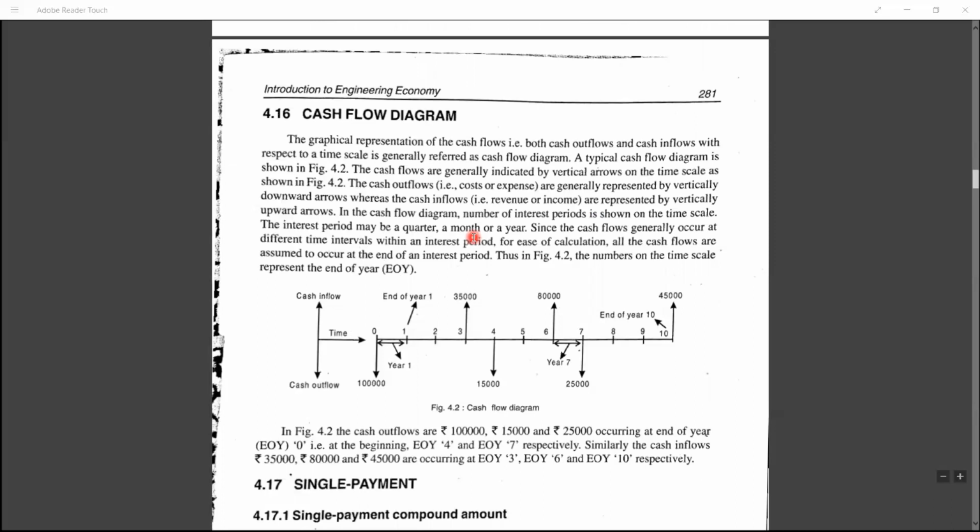This cash flow diagram is a graphical representation with respect to the cash outflow and cash inflow. See, whatever these vertical arrows on the time scale are, these are nothing but inflows. These are nothing but the revenues which are being generated at the particular year. For 1 year, what is the amount when you have deposited for 1 year? At the end of the year, what amount of interest are you getting? So that you can term as the principal cash flow diagram.